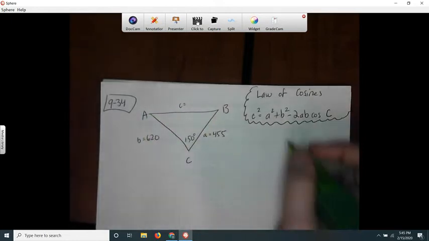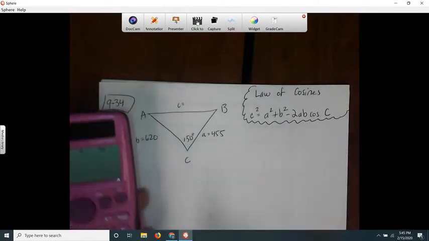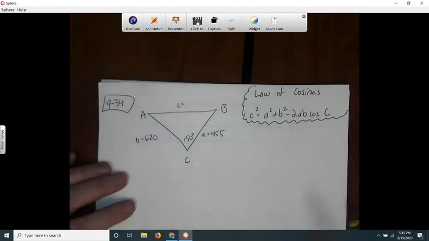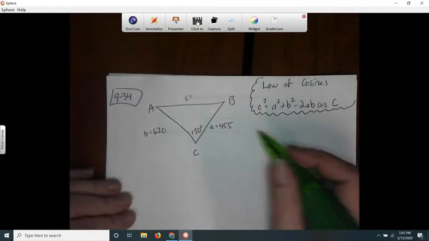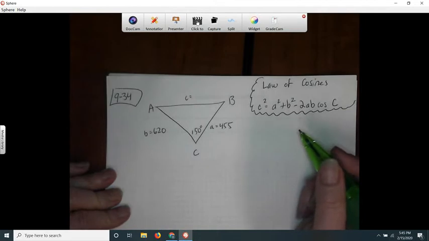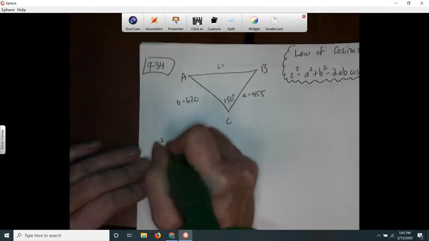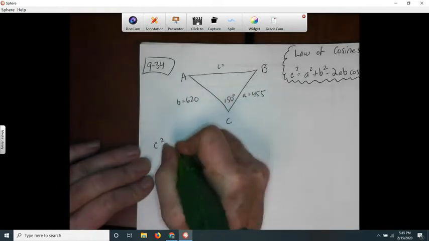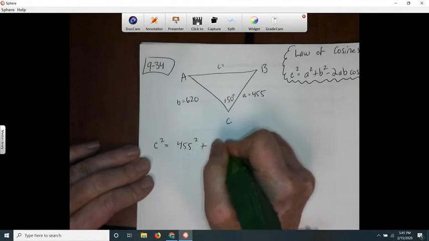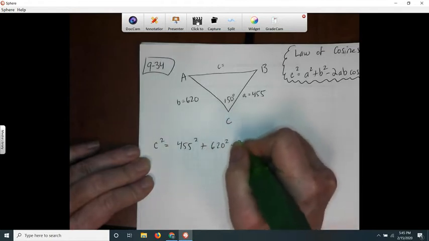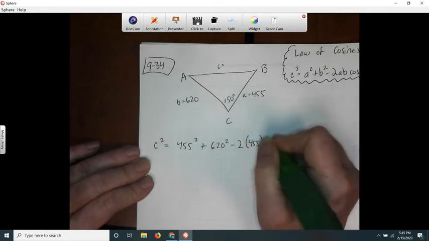So all I have to do is just plug the numbers in. Some people are super handy and they can just plug it right into their calculator. I could probably do it, but I'm guessing you asked this for a reason. So I'm going to go ahead and write it all out the long way. So c squared equals a squared plus b squared minus 2 times a times b